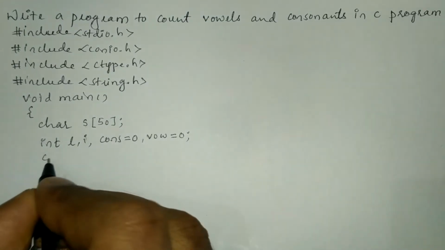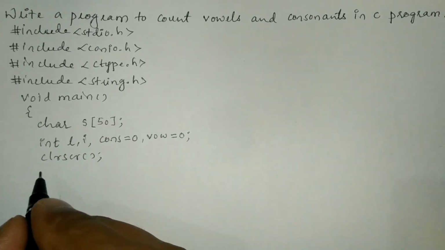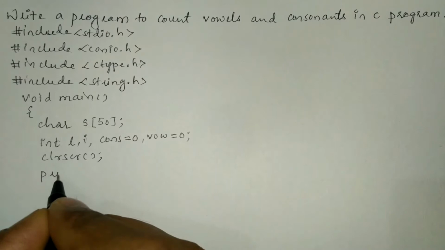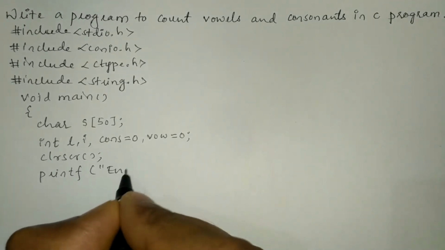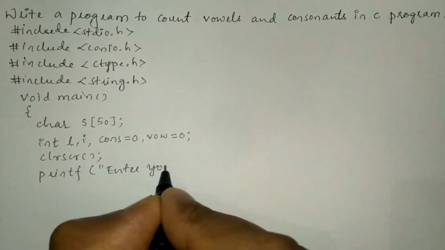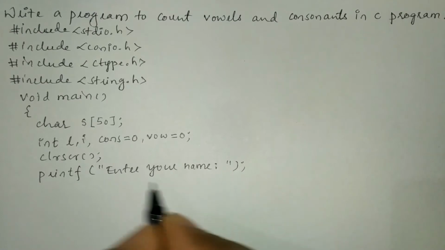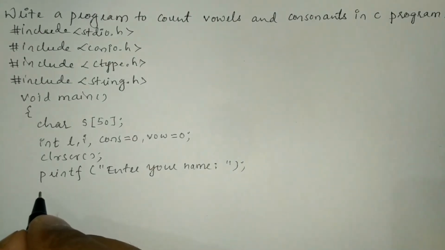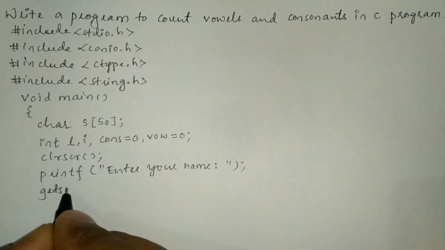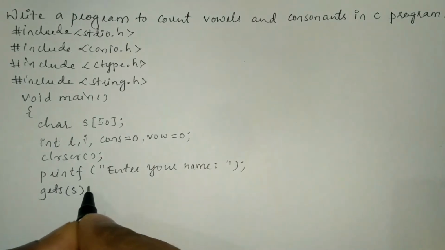Now let us write clrscr function, which is used to clear the screen. Now we will ask the user to enter the name using printf statement. Here I am going to write in a double quotation mark enter your name. So end the double quotation mark and put semicolon, and here we are going to use gets function, which is used to receive the entire string, and we are going to pass this s as a string